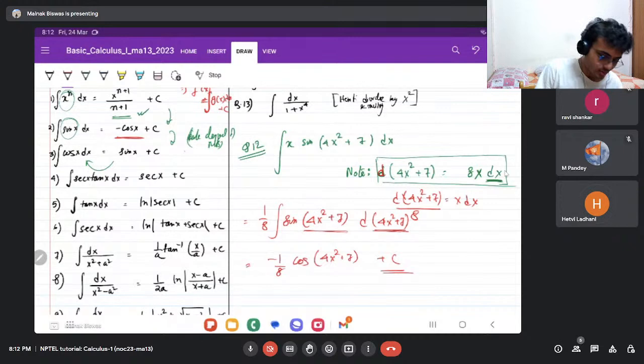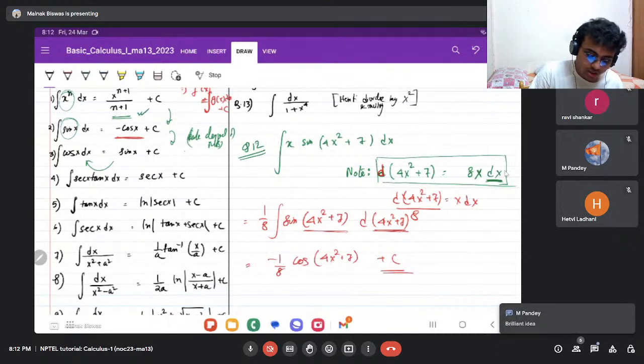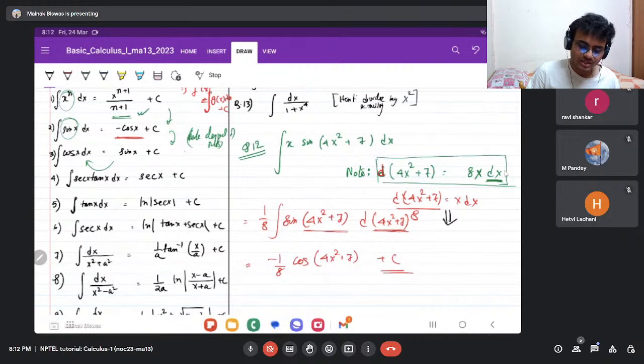Yes, sir. Another way is, this is a good way to do it. When questions are small, especially in physics and many places, you can do this, or you can do something like this. Let 4x square plus 7 be some t. This is known as substitution. I'm essentially doing substitution, but I'm doing substitution in line. That's the idea. So if you do that, you would see you get